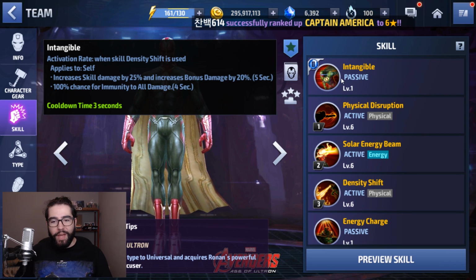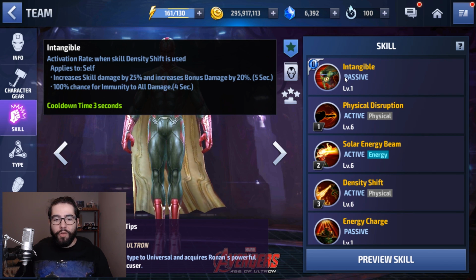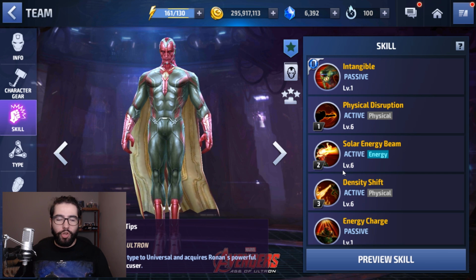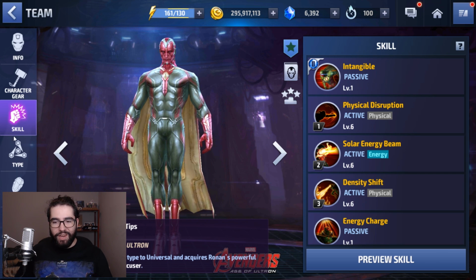And even his tier 2 passive is just not that good, although it's nice because it's got a 3-second cooldown and you get 4 seconds of immunity, so you can always have the immunity up with just about a half second in between density shift coming off of cooldown. But just to give you one more example of just how old and sad Vision is,